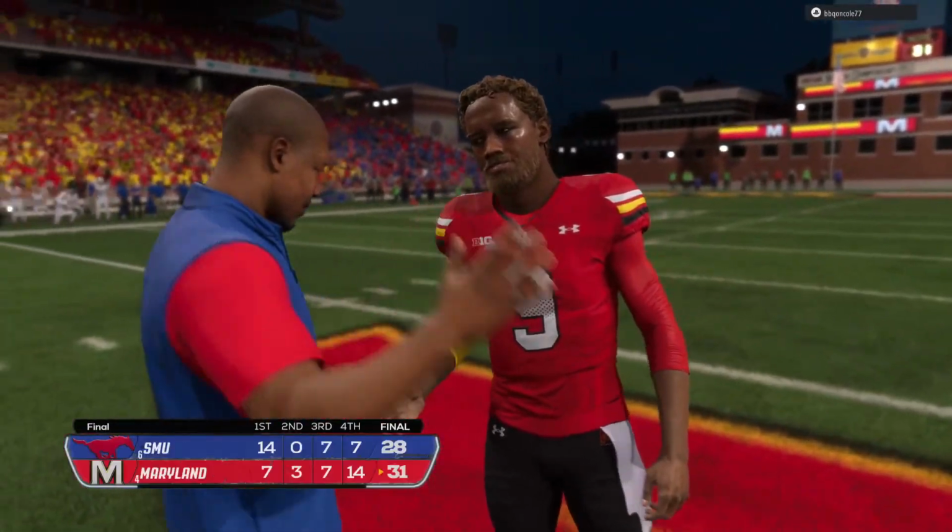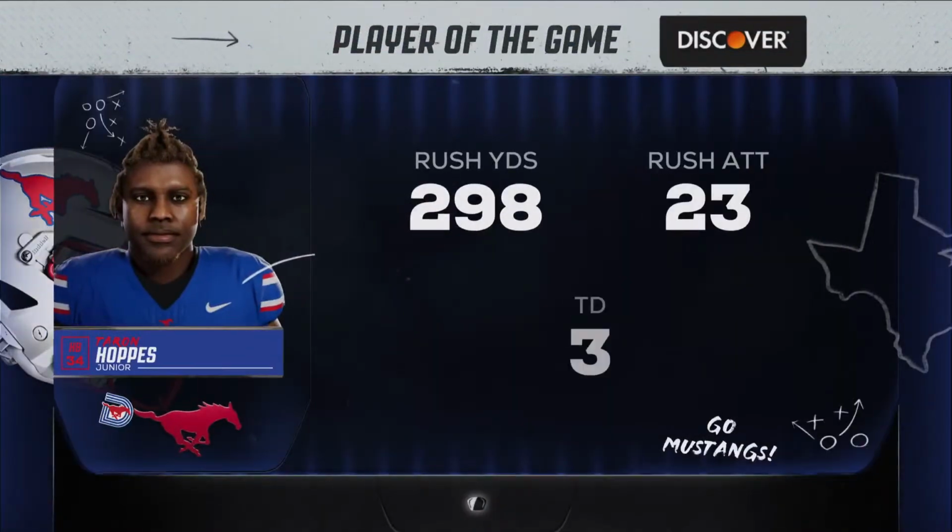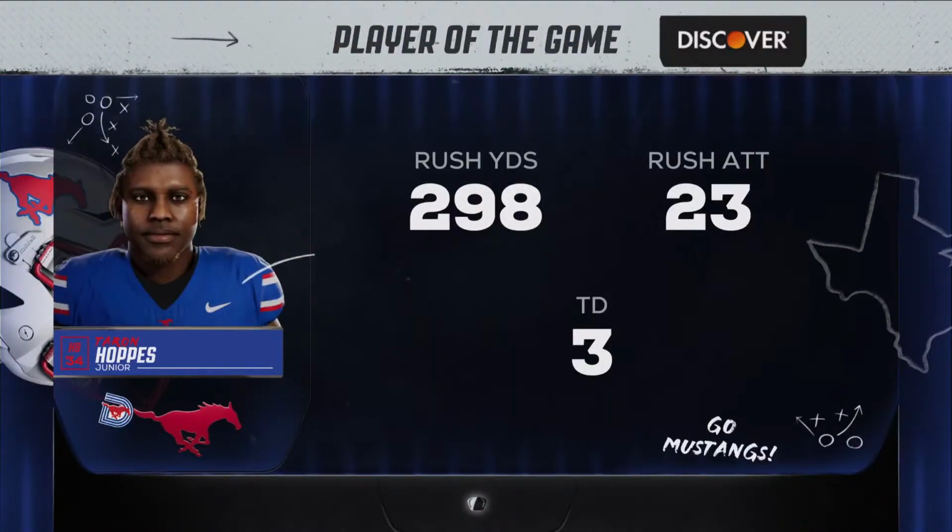Oh, when you're a team that comes in, Kirk, with great expectations, big goals at the end, you're going to get tested. They were tested here today by another